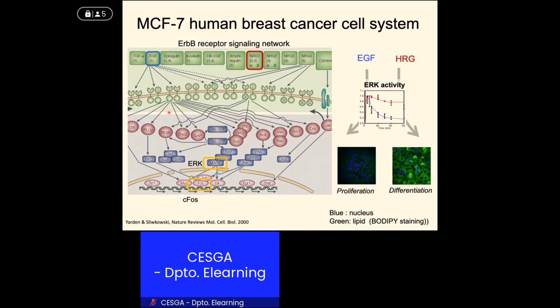Because of this complexity, but also redundant interaction from the same receptor, we wondered how the cancer cell decides whether the cell needs to proliferate or another cell needs to differentiate. That was the question of this study. So we also found that there is a difference in the duration of the ERK activity that is here. And then we want to know what happened to this c-Fos transcription factor in the condition of this sustained